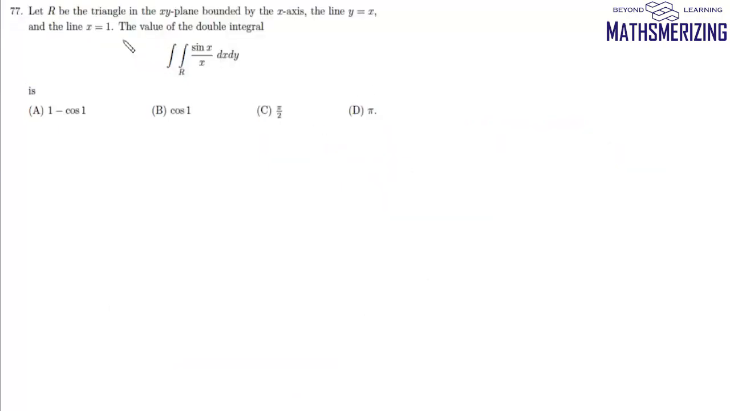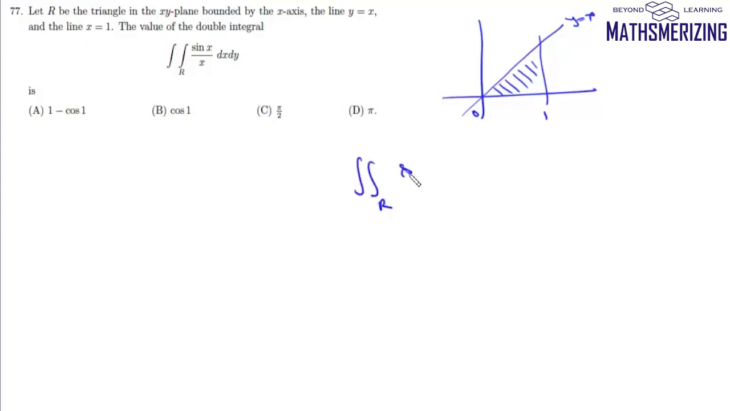Now question number 77 is, let R be a triangle in the xy plane bounded by the x-axis and y equals x line. So we have this y equals x line, and R is this region which is bounded by x equals 0, x equal to 1, and this given line. Now we need to find the value of this double integral in this region R, sin x upon x